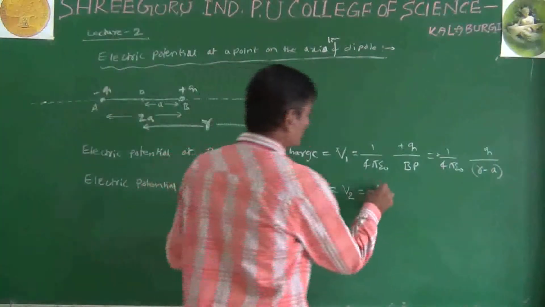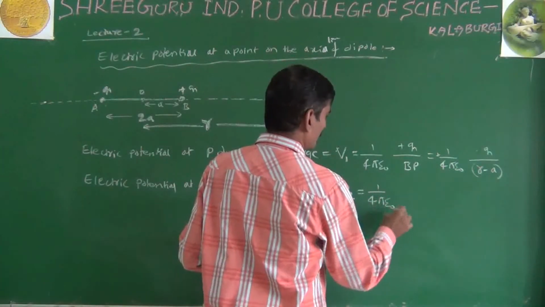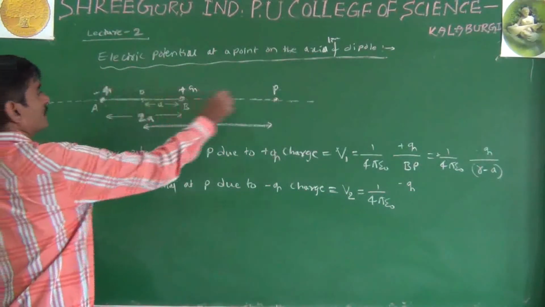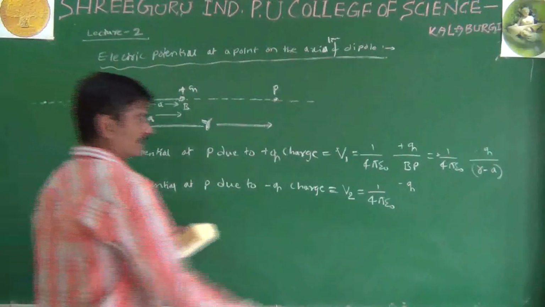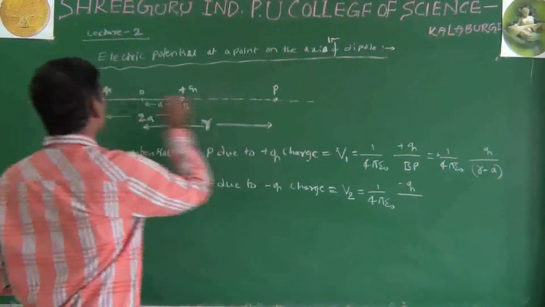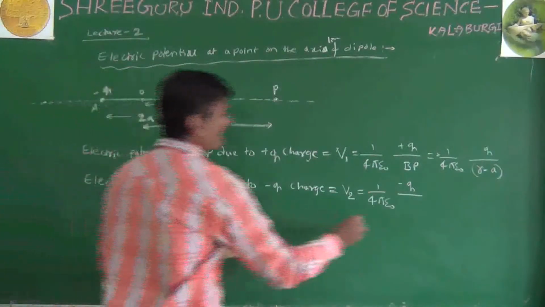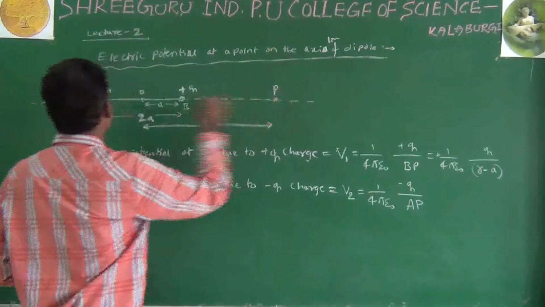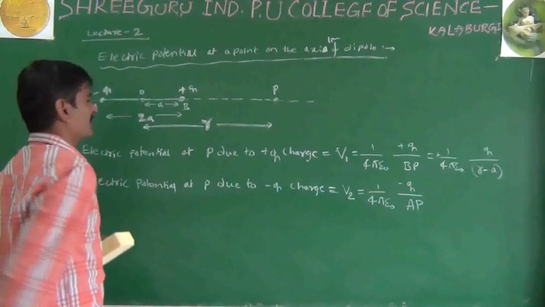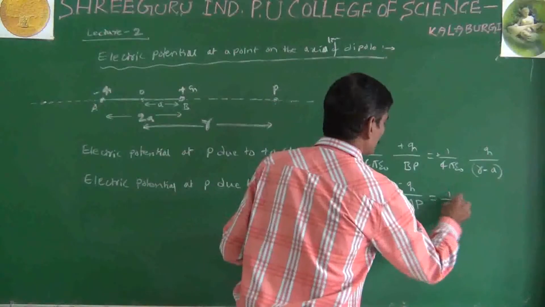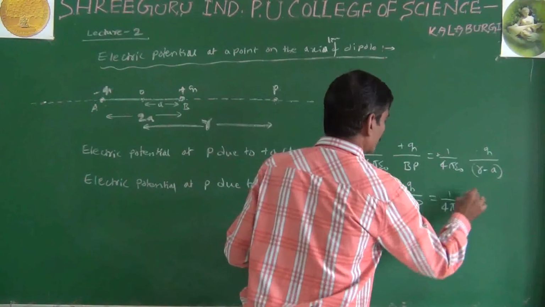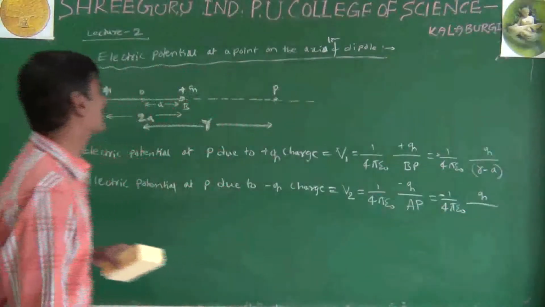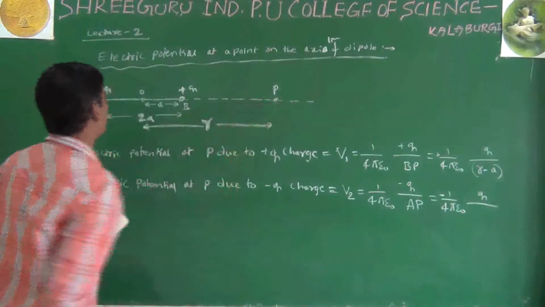simply you can write 1 by 4 pi epsilon naught times minus Q. See, the charge is minus Q, so we have to write minus Q divided by the distance from minus Q to P, which is AP. So this is equal to minus 1 by 4 pi epsilon naught Q divided by AP. What is this AP? AP can be done as